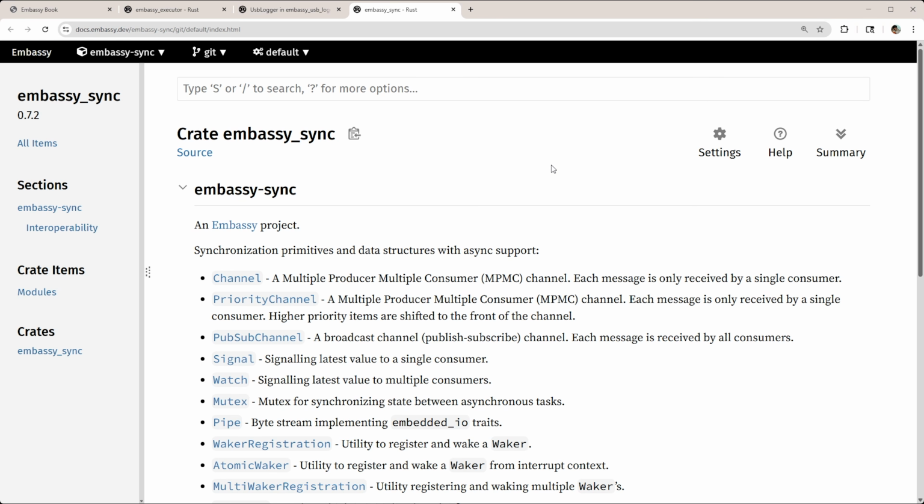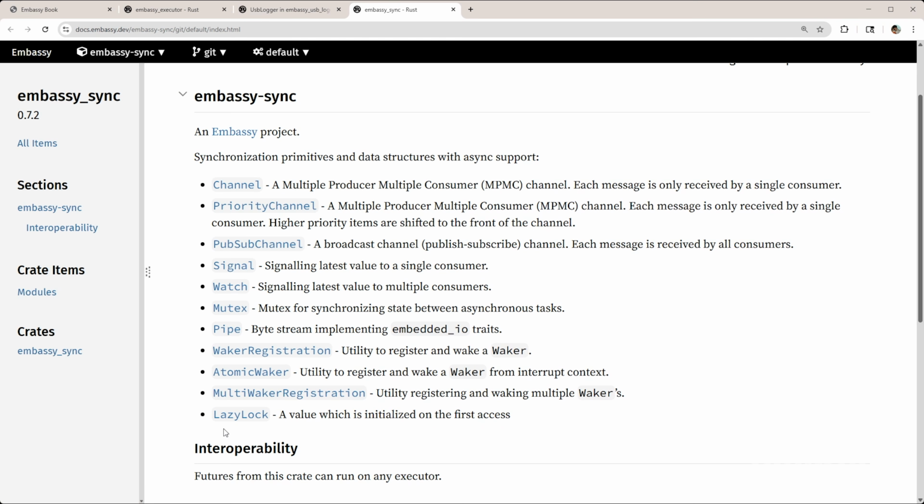Embassy provides its own communication types in this Embassy Sync library. There are a number of synchronization primitives and structures that you can use. You can use a mutex, but we're going to use a signal, just kind of like a semaphore. This is essentially just one value where one task can signal to another task that it's ready to perform some